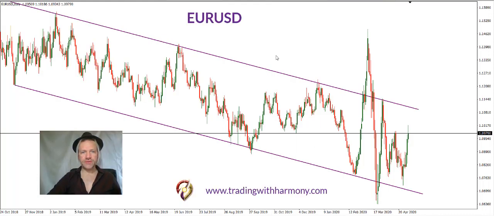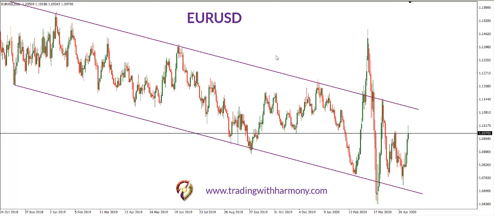Alrighty, so here's the first market, being the euro dollar. We can see the market has still been in a descending channel in the day candles, and it's going back up to the upper end of the descending channel. So we'll go into the 4 hours and have a look at the setups I'm looking at for this coming week. Last week I was talking about the target being